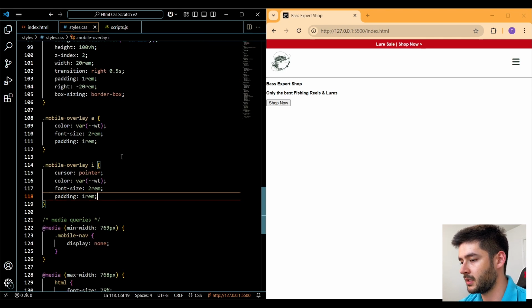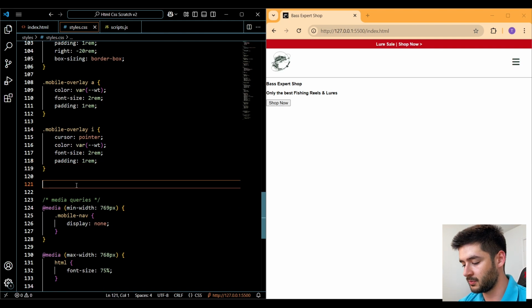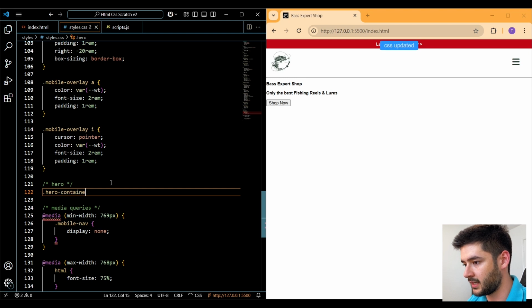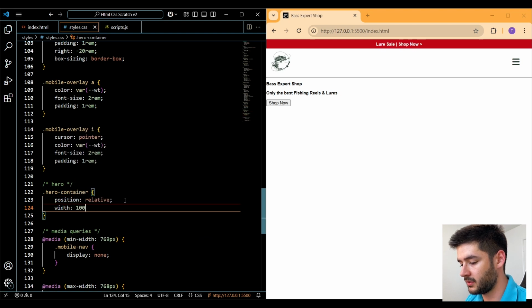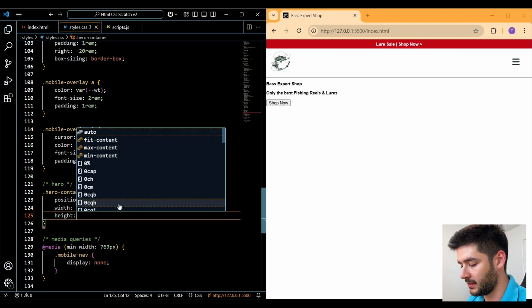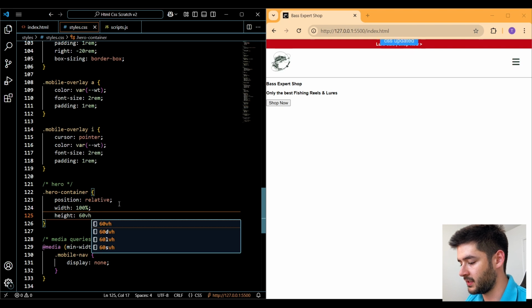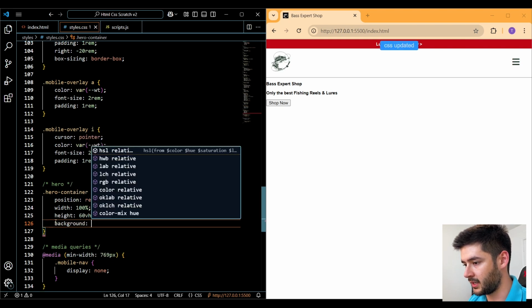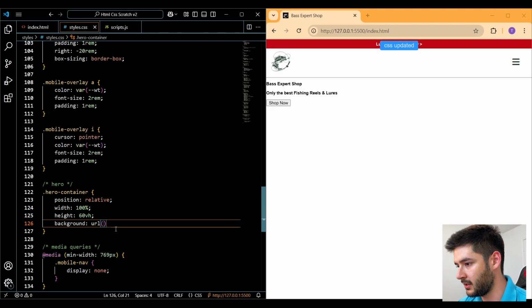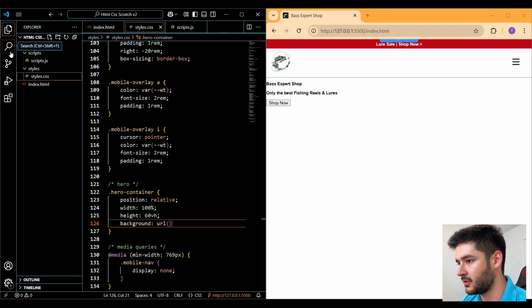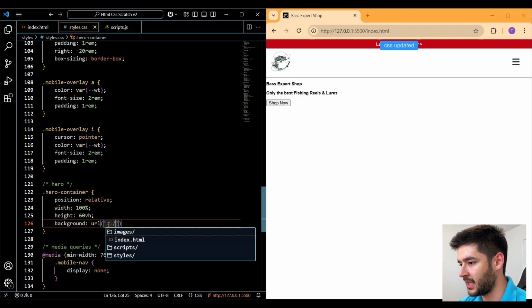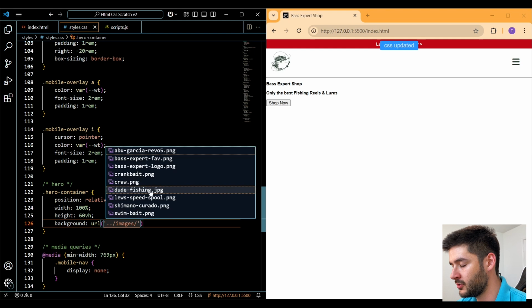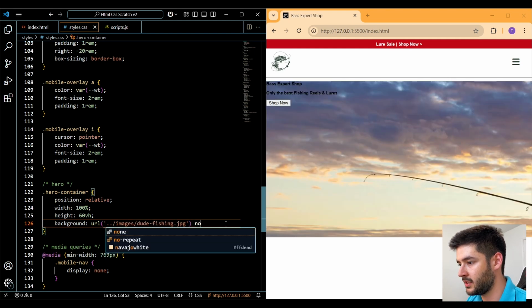We're going to go back to our styles.css, and just before our media queries, we want to target our hero. So here we want to target the hero-container class, change the position to relative, the width to 100%, and the height to 60 VH. Next, we need to specify a background, and to do this, we're going to use our URL. And to get out of our styles folder here, what we need to do is specify 2 dots followed by a slash, go into images, get our dude fishing JPEG, and at the end here we want to specify